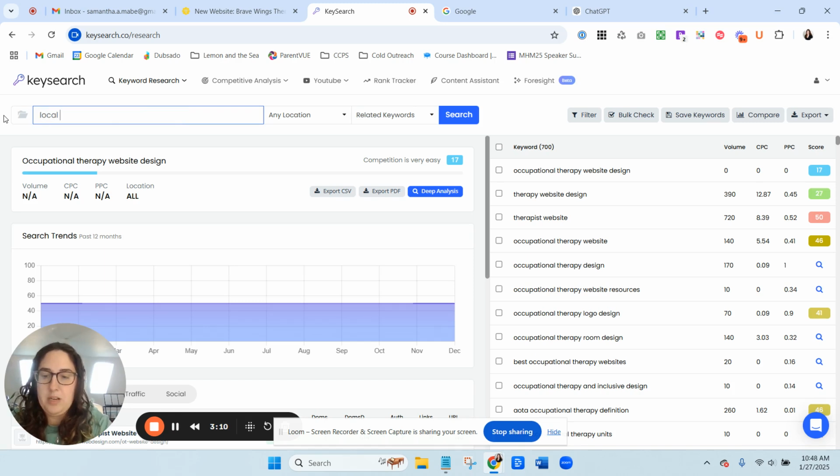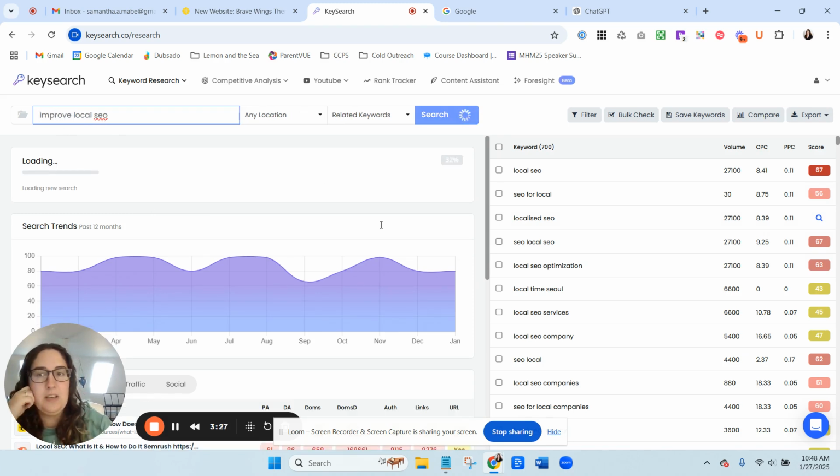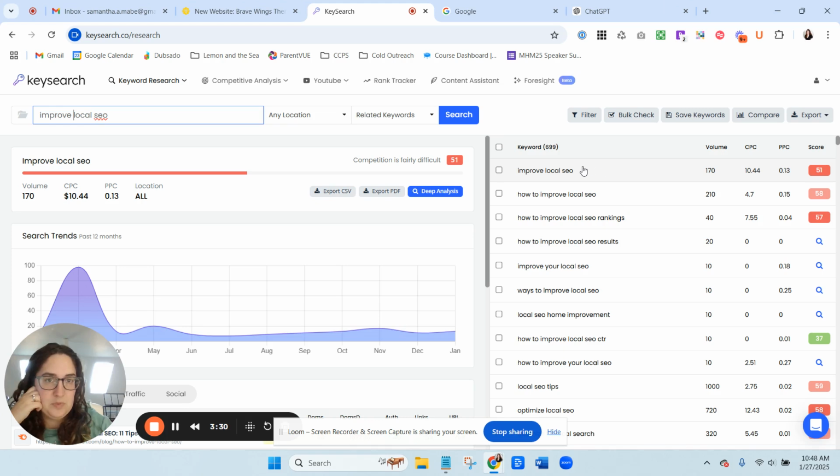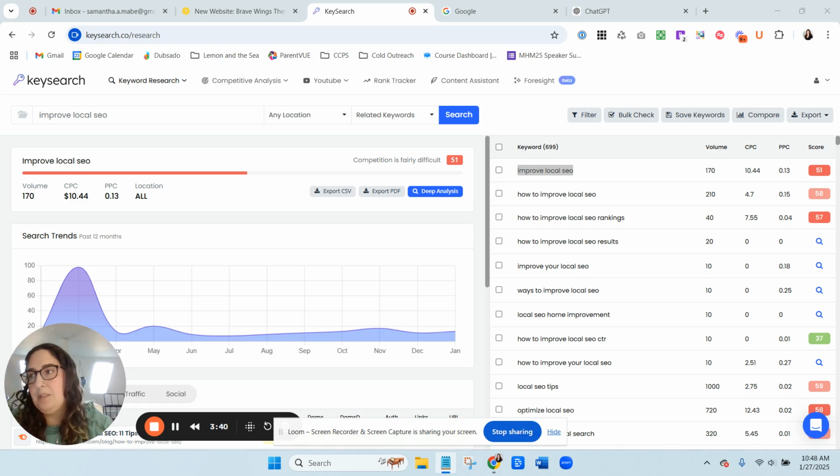Okay, and then I might try local SEO. So that's a huge search. That's not going to do me any good. And even local SEO optimization is not going to be great. So I'm going to say improve local SEO. This might help. I did SEO as part of the project, so it doesn't hurt to include that. So how to